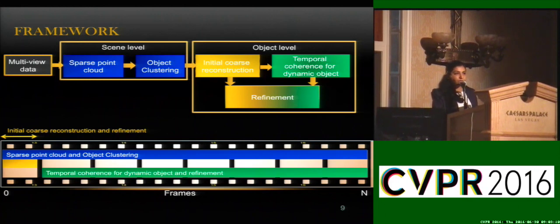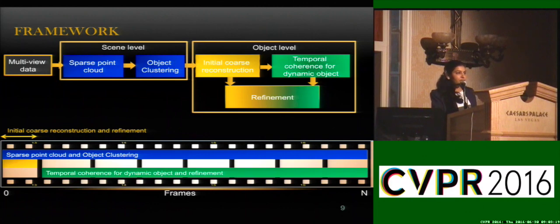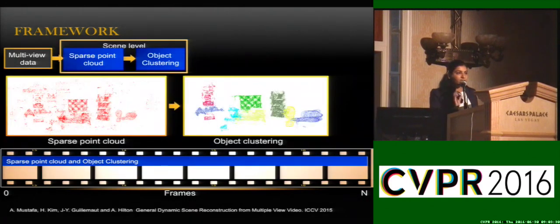Time instance, we assume the dynamic parts of the scene are reconstructed. Furthermore, temporal coherence. Now let's start with the feature detection and matching is performed between pair of views. Reconstruction is clustered in 3D and the image in different objects in the scene. For each